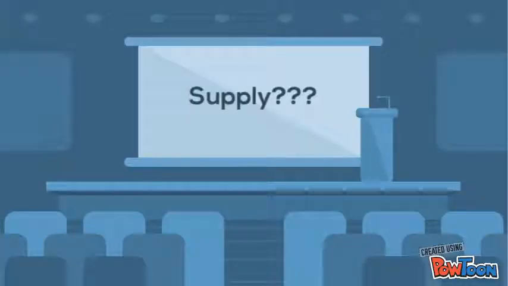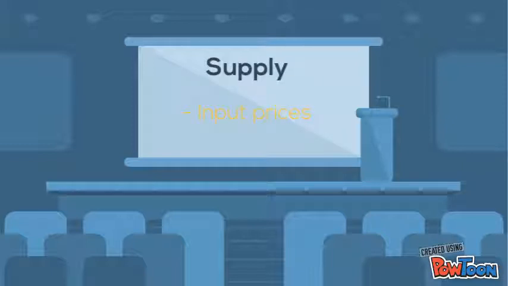What is supply? Supply is defined as the quantity of a product that a producer is willing and able to supply into the market at a given price in a given period. The basic law of supply is that as the price of a commodity increases, producers expand their supply into the market as well. One determinant is input prices. When the cost of producing the good increases, supply will decrease.